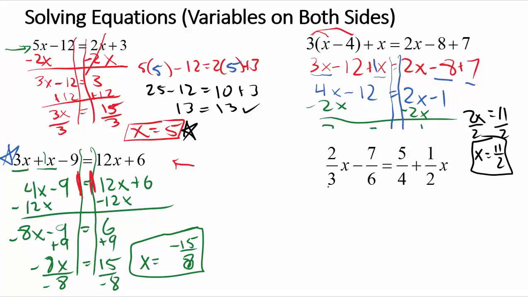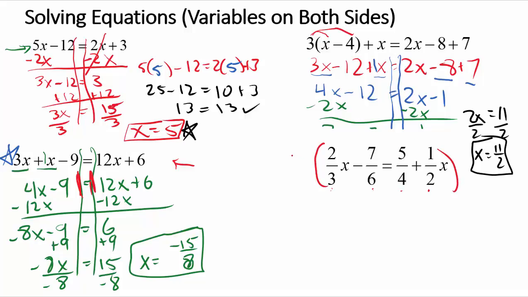In this case, if you look at all the denominators, we got 3, 6, 4, and 2. The least common multiple, or the least common denominator, for all of these is 12, meaning that each of these numbers evenly divides into 12. 3 goes into 12 4 times, 6 goes into 12 2 times, 4 goes into 12 3 times, 2 goes into 12 6 times. So what I'm going to do now is I'm just going to take this whole equation,